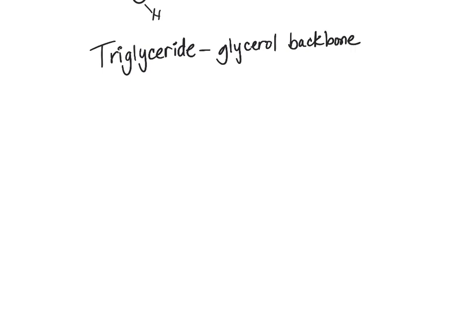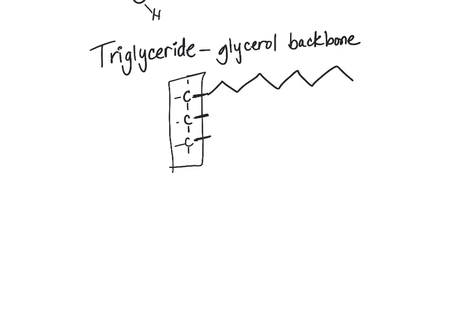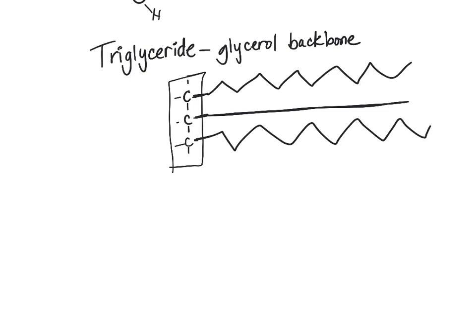So we have our glycerol backbone, which is actually just a series of 3 carbons. I'm going to leave off some of the other pieces that would be hanging off here just for simplicity. There's some carbons and some hydroxyls here. Our glycerol backbone is attached to our fatty acids. So attached over here, we end up having our fatty acids. Let's say we have an unsaturated fatty acid, that's why we have the kinks. We can have a saturated fatty acid, and then another unsaturated fatty acid, for example. So a triglyceride can contain both saturated and unsaturated fatty acids, depending on what's floating around in our